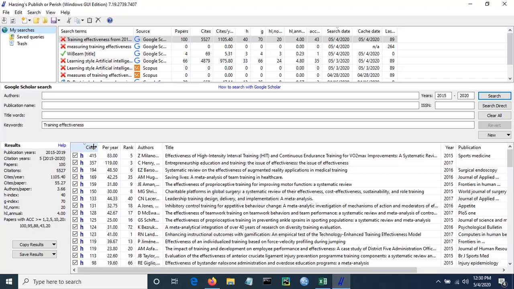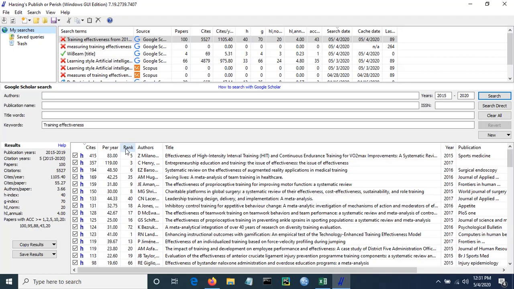Yeah, the most important thing is when you do a Google search, you don't know how important that paper is, how famous a paper is. So one of the best features I found in this software is the citations. In this case, see, this particular paper has been cited 415 times and 83 citations per year. There is a ranking methodology which has been devised by the software developers. Let's not go into that, but it's just a general indication as to what is the rank.